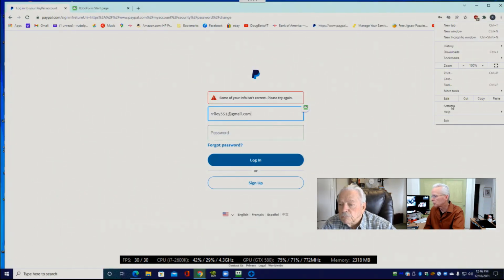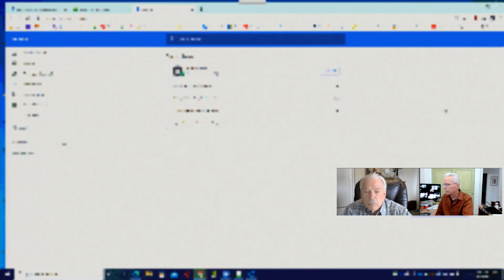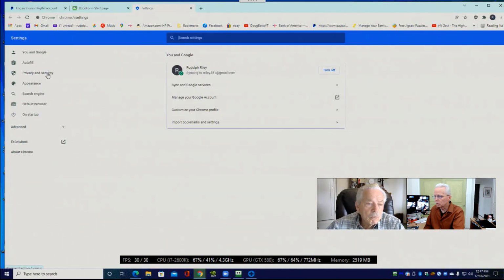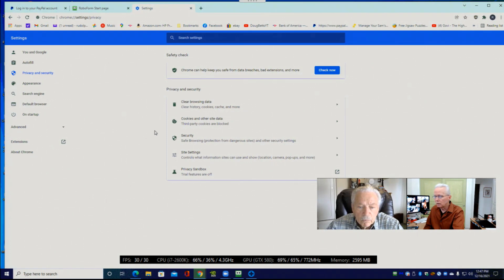So I'm going to come over here to the three-dot menu for the Chrome browser. Right. And go to Settings. And then on the left-hand side, go to Privacy and Security. And then in this middle section, click on Security.